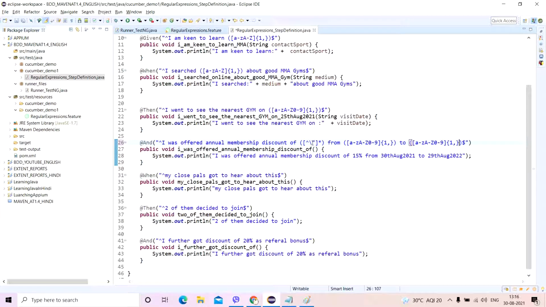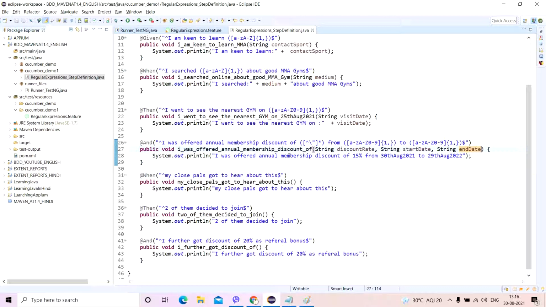This is something which can be stored as a string. So I'll write string discountRate, string startDate, string endDate, because I got this discount from this particular date to this particular date.